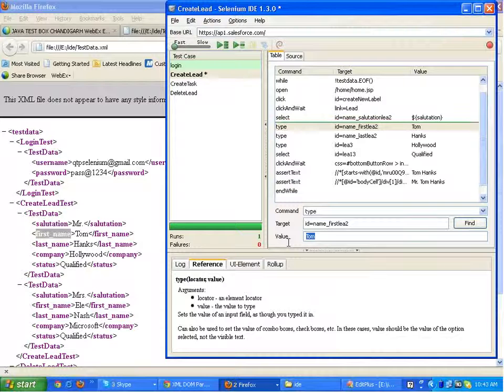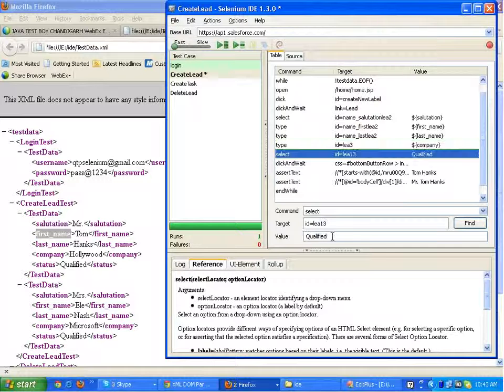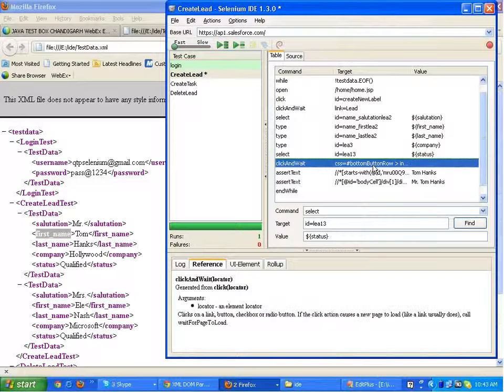This will be $first name. This will be $last name. This will be $company. This will be, oh, I didn't put $. This will be status. Status, right? After that I click on the register button with which I successfully register a lead, and then I